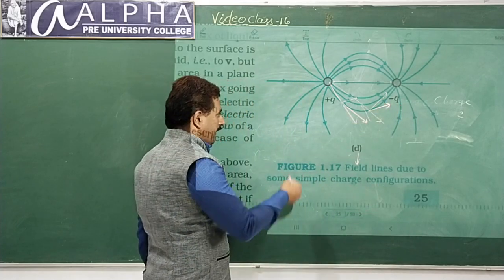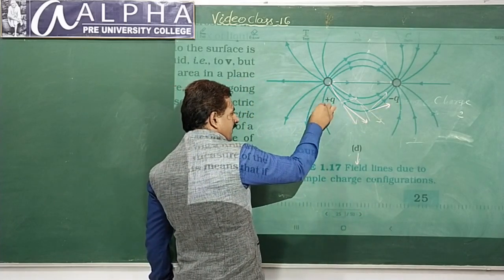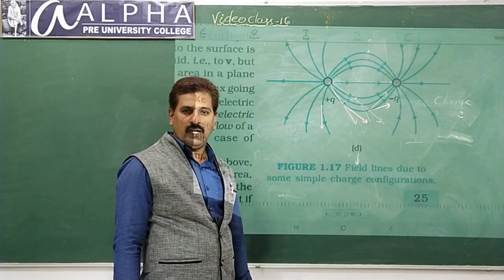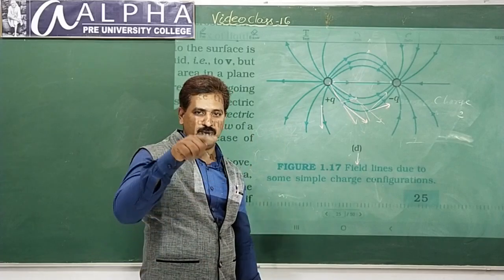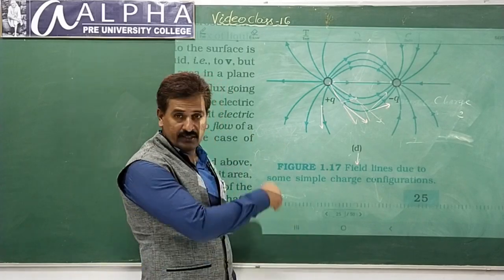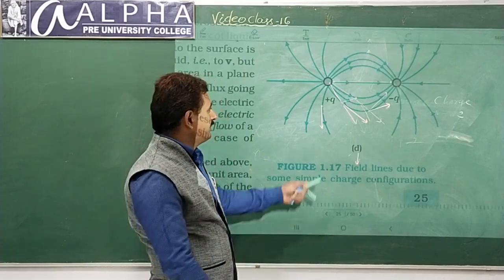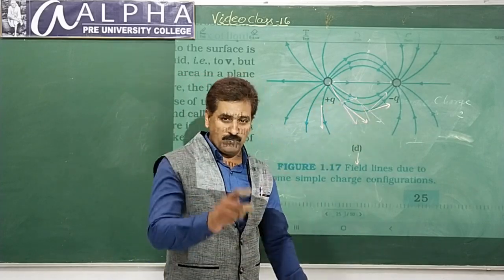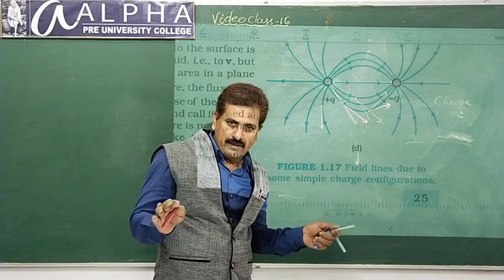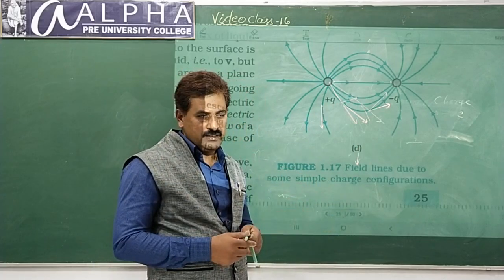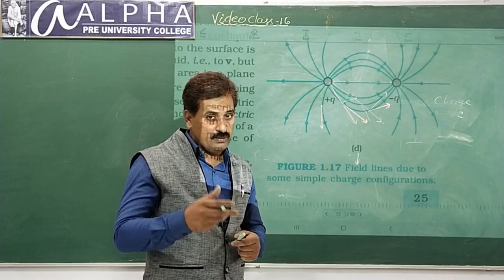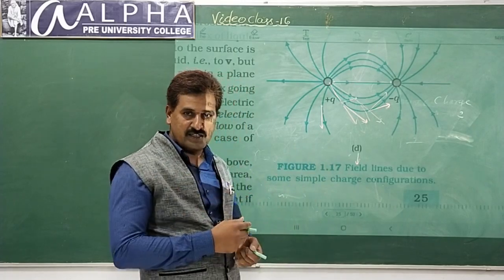So here also at every point the electric field is tangential, direction wise tangential. Value resultant, same formula: root of E1 square plus E2 square plus 2 E1 E2 cos theta, like that you have to find. This is the field pattern for a combination of plus Q and minus Q of equal magnitude. Like this we can write field pattern around point charges. The same we can write for large charge distribution. We'll come to those things in the next section.